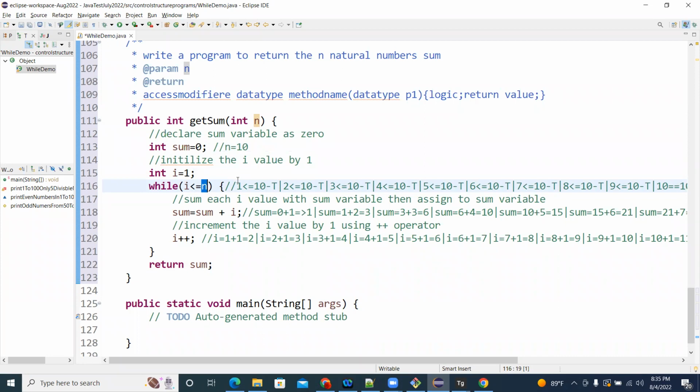Whether you are able to do it. Otherwise, if you are not able to do it, I will do that. If you write more programs, the logic will build automatically. And if you are not writing the programs, the logic won't build. As far as every day you write a